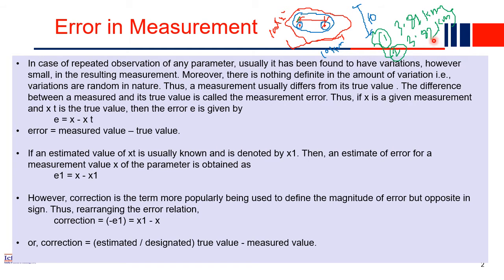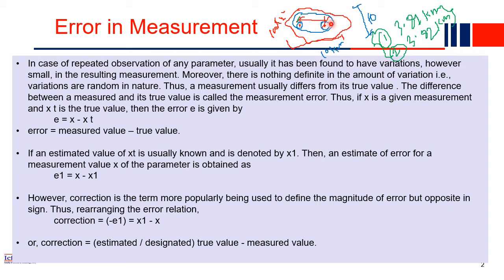So there is no correlation between the variations also. This is completely random in nature, depending on the person. The length will vary, even the weather also. When some person is visiting, at that time maybe there was very high wind speed, so because of that he got some error.